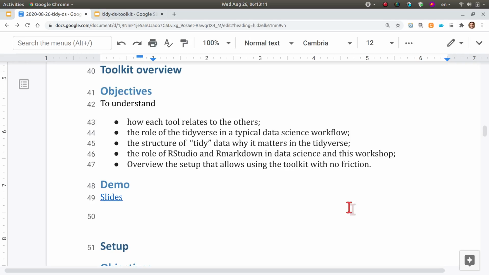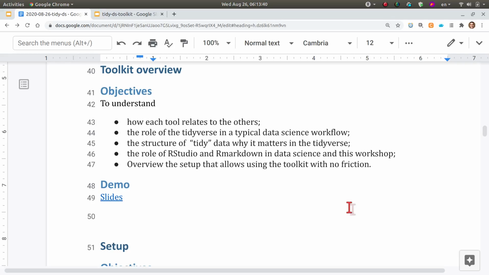So the first half is a little touch on the theory, and the reason is not because it is crucial, because all of us, or many of us, already work with these tools even without understanding how they relate to each other. But one great thing about having the opportunity to sit here in a workshop is to really expose the mental models that will hold the information in the long term for us.